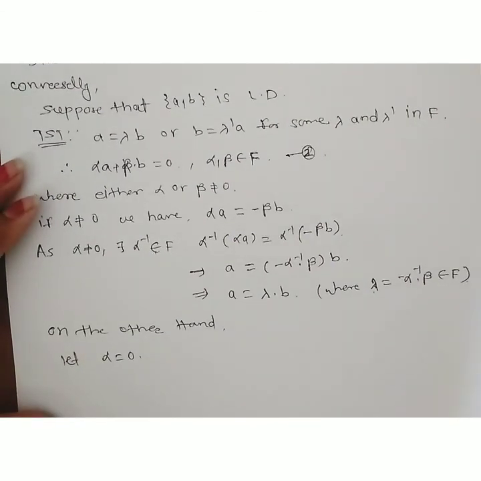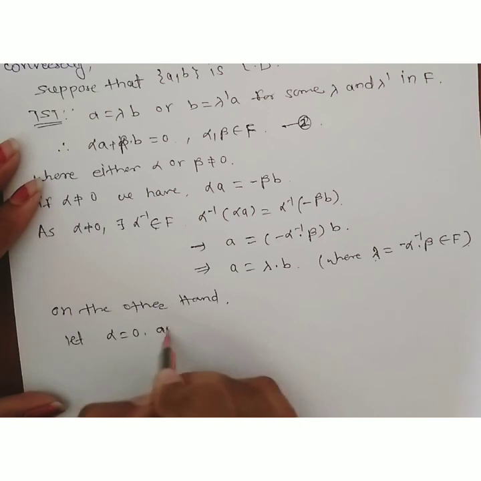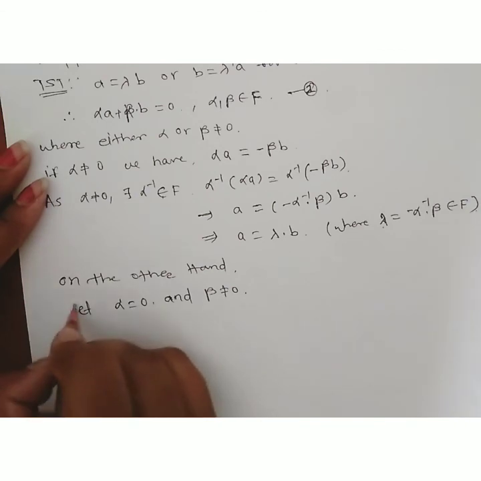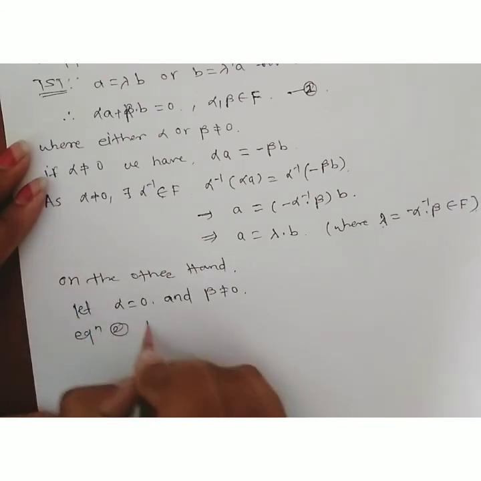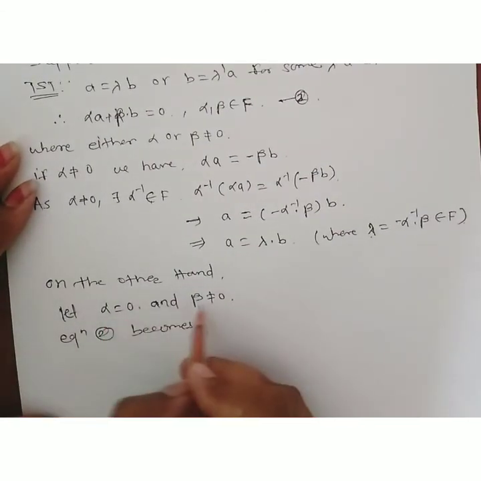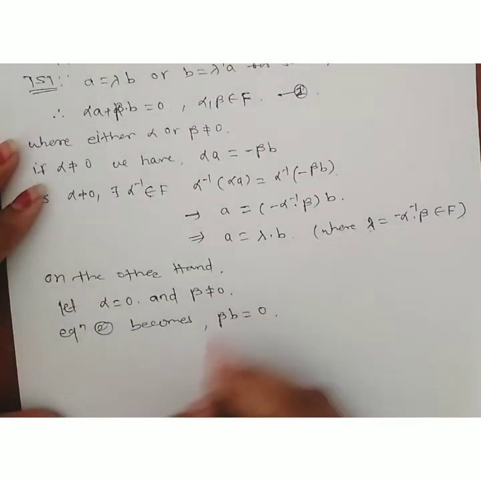In the second condition, suppose we consider alpha is equal to 0 and beta is non-zero. From equation second, as alpha is equal to 0 and beta is non-zero, this implies beta into b is equal to 0. Since beta into b is equal to 0,